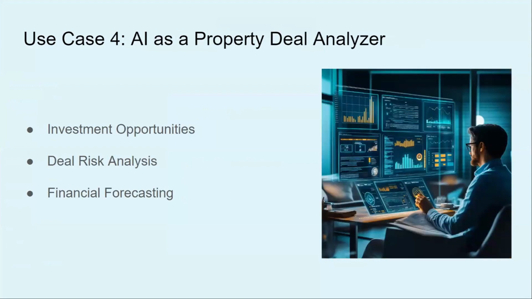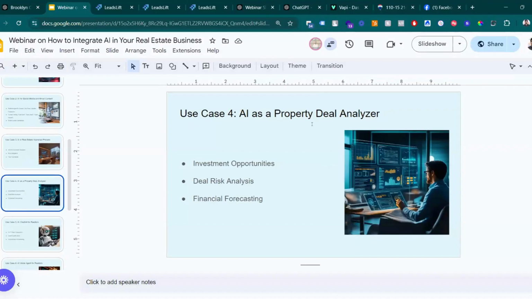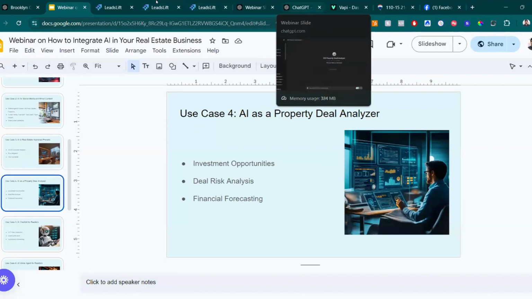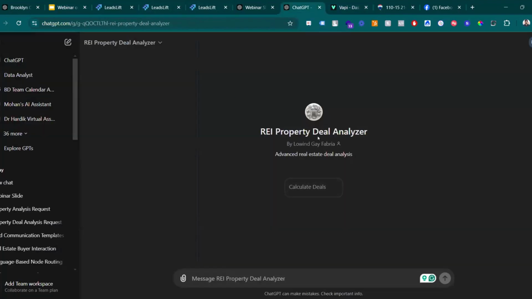Yeah, sure. So the next one is a similar custom GPT, which is AI as a property deal analyzer. So it can analyze your deal. Let me show you. So this is the REI property deal analyzer. So we can ask it how I can use it. Rahat, maybe you want to clarify when you say this kind of REI property deal analyzer, these are publicly available. It's just like an app, right? Inside the GPT, you can use it. Explain a little bit more.